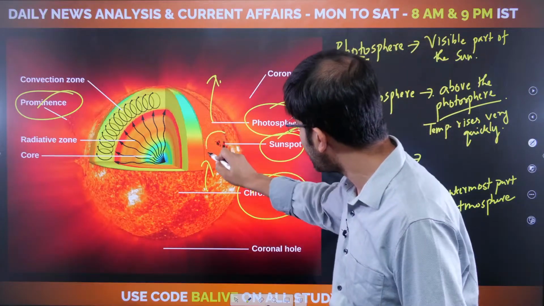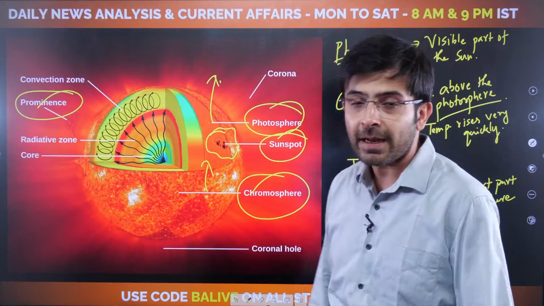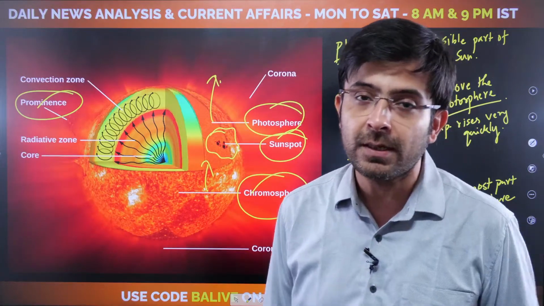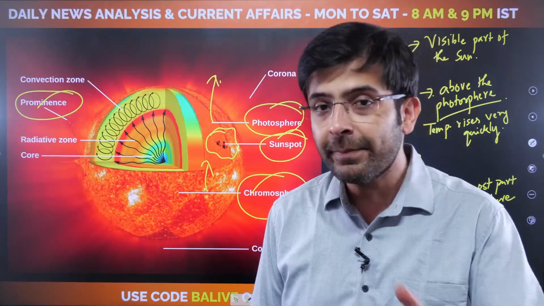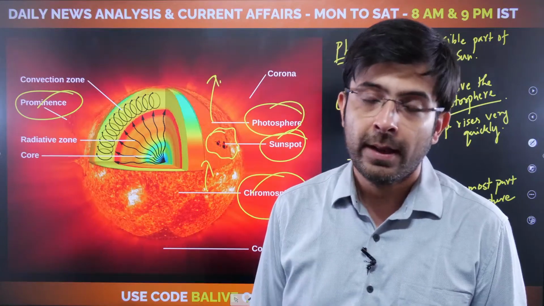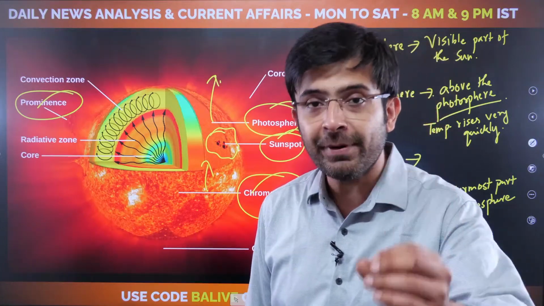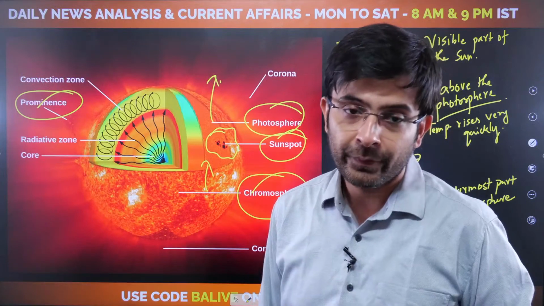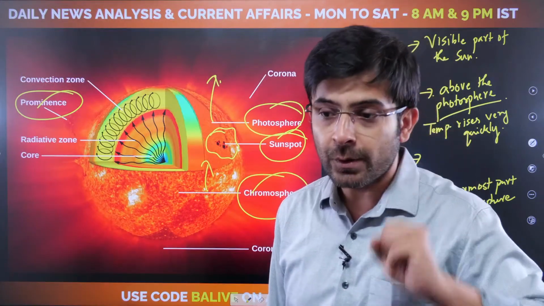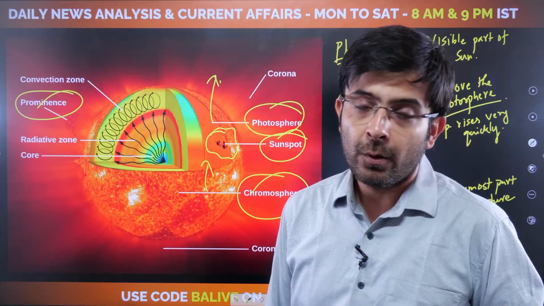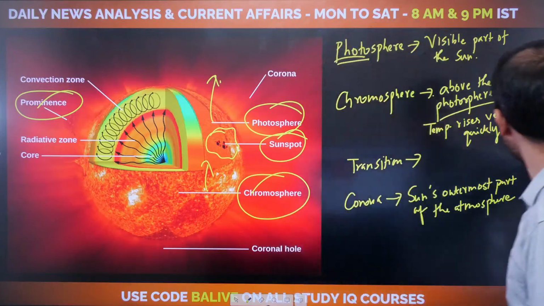Look at the sunspot here, guys. Do you see it's like a pimple, like a dark spot on the sun's surface? Why would it be dark? Think of that first. It's dark because the temperature of that place is low. That particular part, the temperature is low. Why is it low? What could be the reason? Let's seek to understand that now.